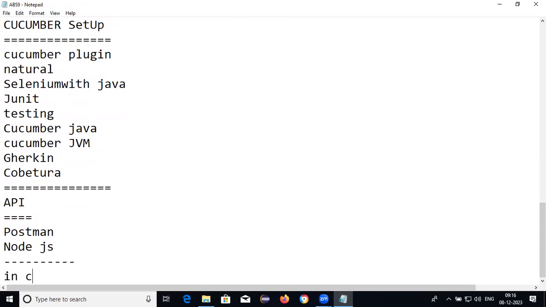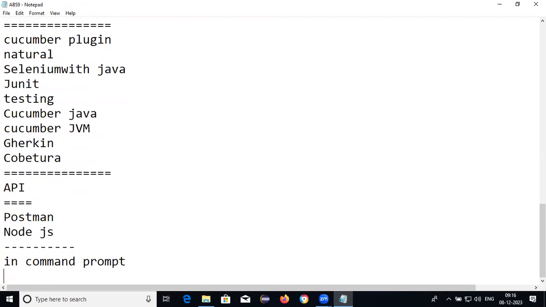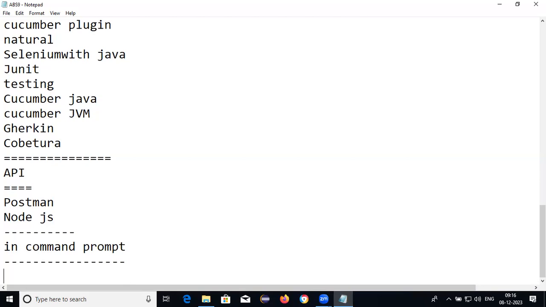Here, node is required and npm is required. Both are installed successfully. Now we need to start the API testing.